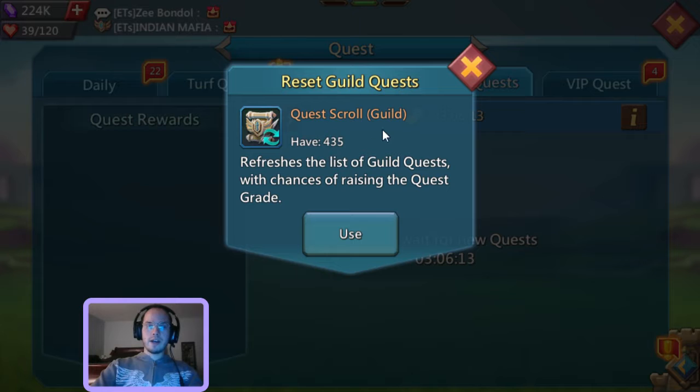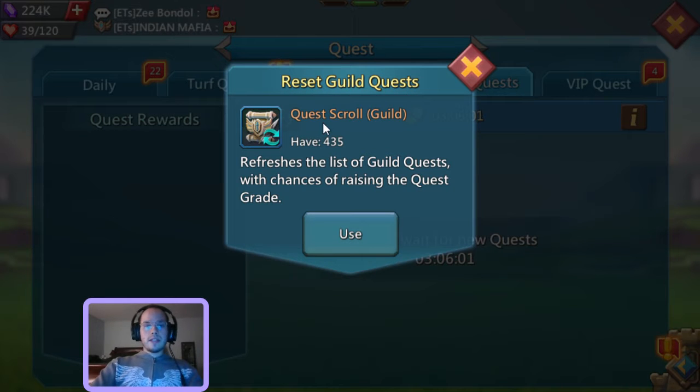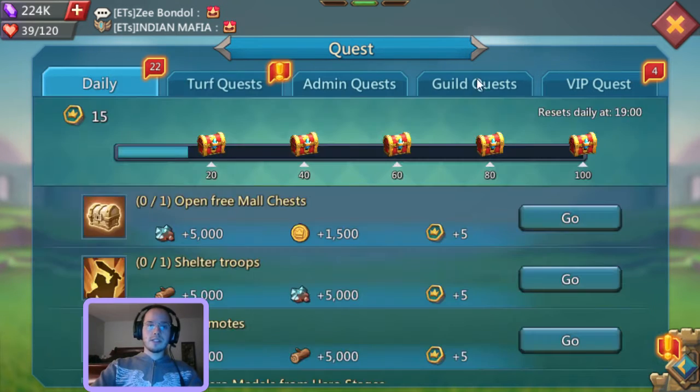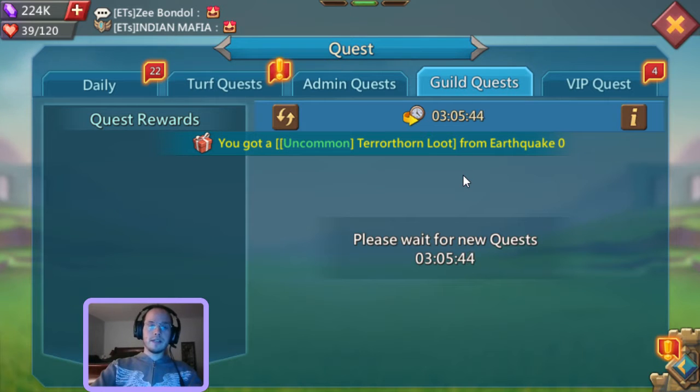We have quest scroll guilds. We have 435 quest scroll guilds collected. We have 386 admin scrolls collected. With these scrolls, quest scrolls for guild, quest scrolls for admin, we are going to only use them when we get 3x bonus. And it comes very rarely. I think sometimes it comes once a year, so we're being very patient. As soon as 3x comes for coins, we're going to use them all to get level 60, and we're going to buy as many of